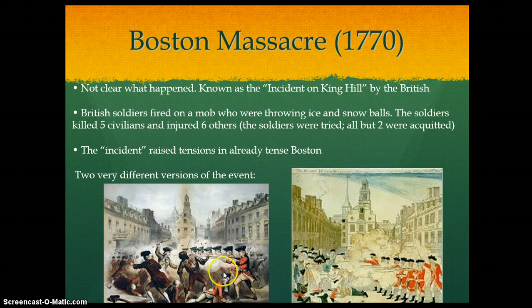The painting on the left-hand side came out a bit later. It came out after the American Revolution had started, and you see a little bit more of the crowd on the left-hand side starting to mix it up. One is holding what looks like a stick here, and so you have a depiction that at least later actually shows the British troops and the colonists kind of mixing it up, as opposed to the very starkly different, British on the right, colonists on the left depiction of the event. So an interesting perspective on how our interpretation of history changes over time. So that's the Boston Massacre.